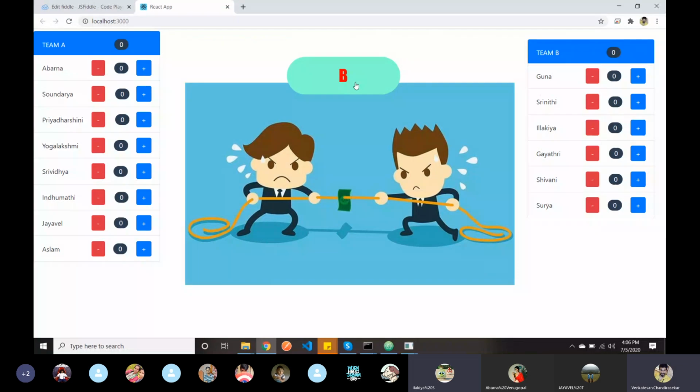Purpose of super constructor: the super constructor with props is used to call the argument of the parent class. Okay, that's good.